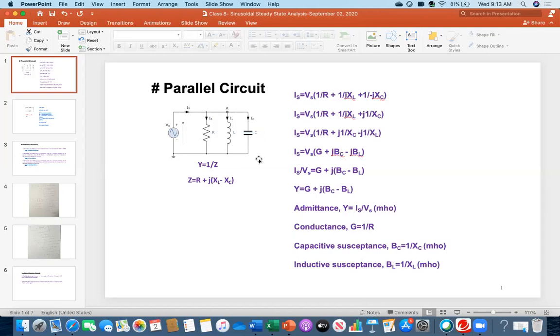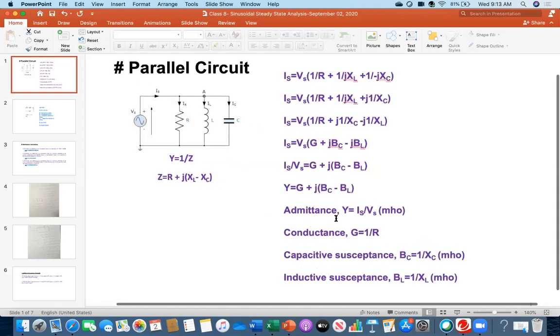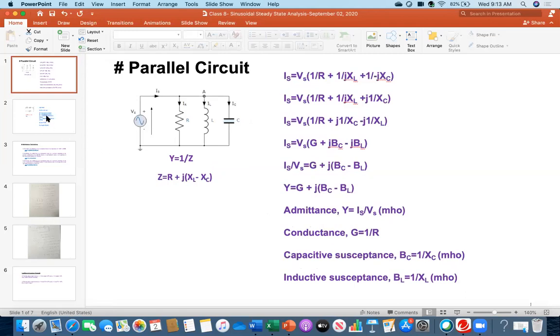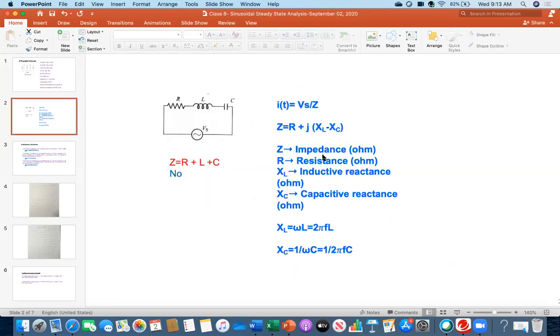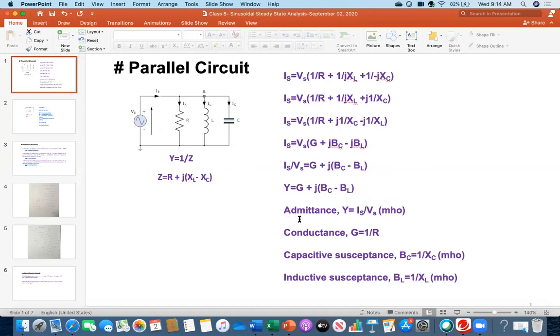Now, in the case of a parallel circuit, how do we solve the problem? That's the question. In a parallel circuit, the combined effect of R, L, and C is called the admittance. Everybody see this terminology, admittance. Let me zoom in a little bit. In a series circuit, you remember, you learned the term impedance, and impedance is applicable to the series circuit. But in the case of the parallel circuit, the corresponding term is admittance, and it is denoted by the symbol Y. So gradually I am coming to it.